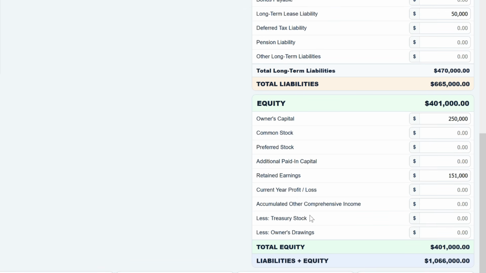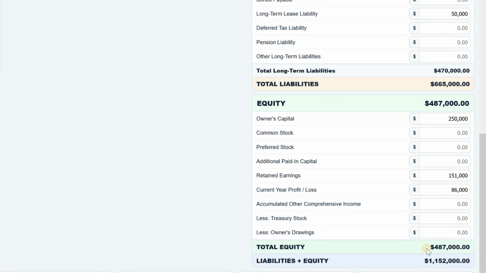The final account is current year profit, totaling $86,000. This represents profit generated during the current accounting year that has not yet been transferred into retained earnings. Other equity categories such as common stock, preferred stock, additional paid-in capital, treasury stock, and owner's drawings remain available inside the application for corporations and other business structures that require them. When these values are combined, the application automatically calculates total equity as